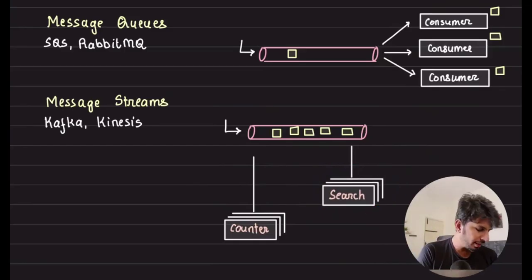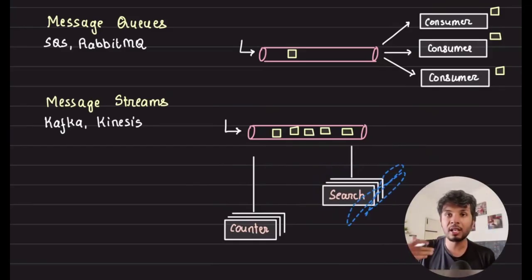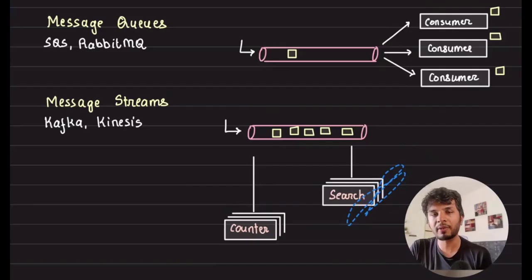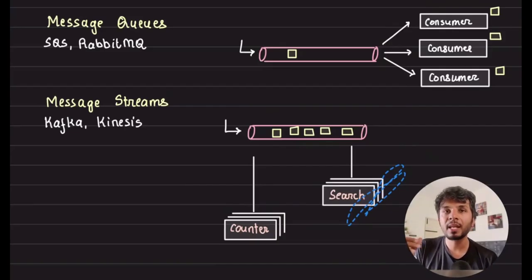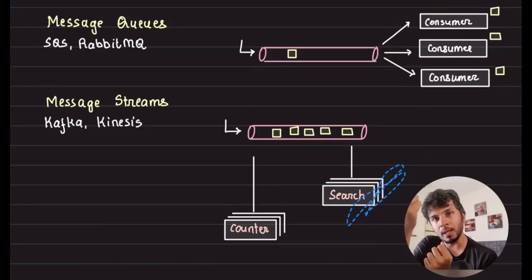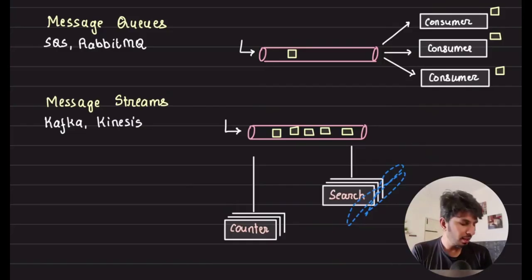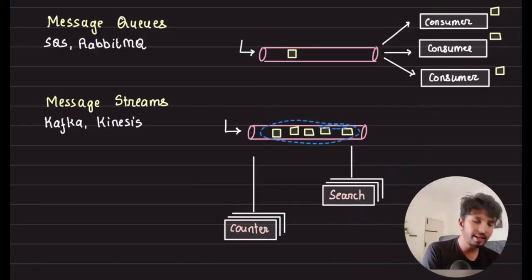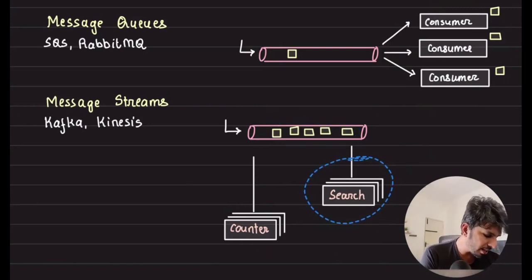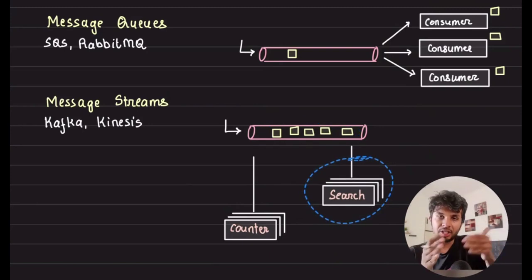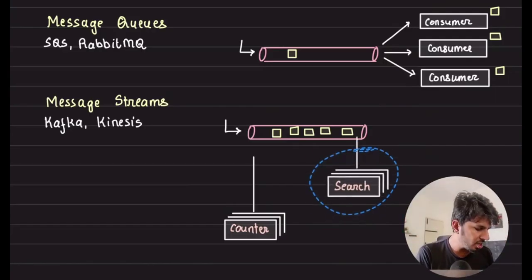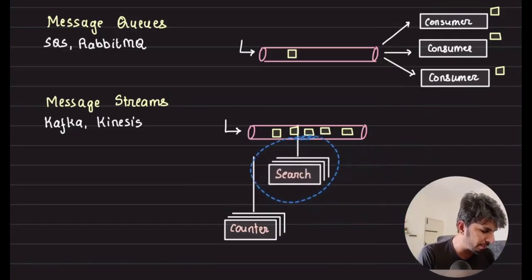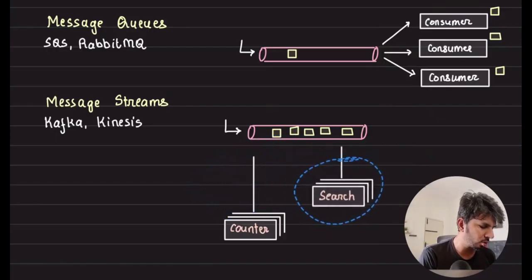So here each search consumer can have multiple servers consuming that message. We'll talk about Kafka essentials in some time, but this is the idea: the consumer would still pull the message, but visually the messages are still there in the queue. They are not deleted per se. The messages lie in a particular order, the order of insertion, and then your consumer group iterates over them.